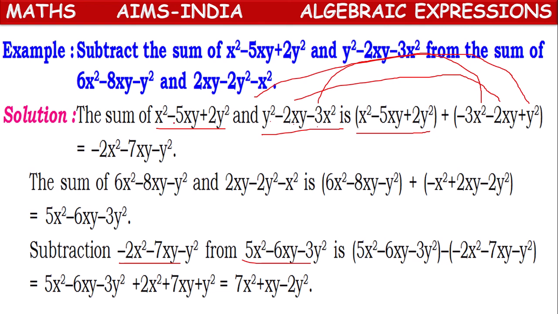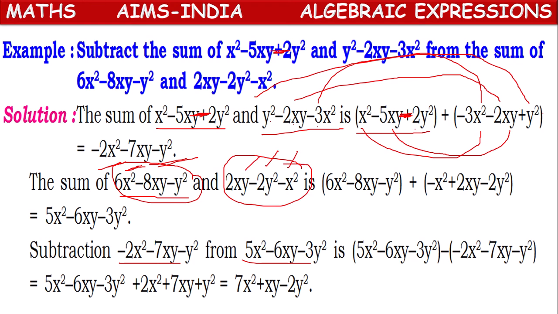So here x square minus 3x square, minus 2x square; minus 5xy minus 2xy, minus 7xy. Please make it minus, children. Here also minus, so that minus 2y square plus y square equals minus y square. It is minus, children. Okay. Next, 6x square minus 8xy minus 5y square,